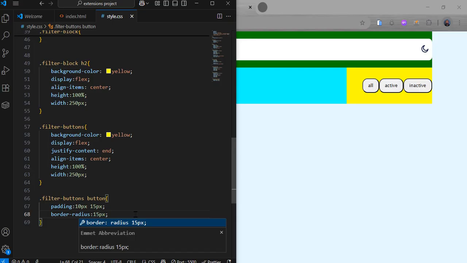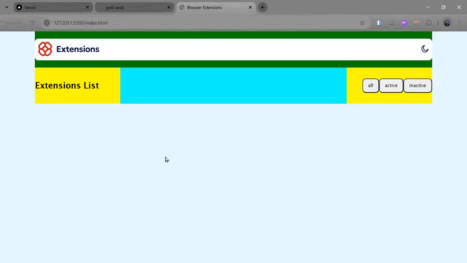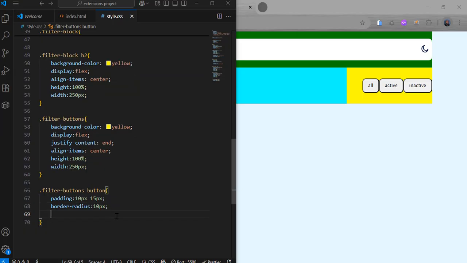It could be 15, it could be 20, right? If you are giving a border radius of 50%, it's going to form a round shape. So if you want to get a round shape, it's best to use 50%. But for this, we're going to go on with 10 pixels border radius. Now, if you notice, there is a border around our button, this black line, right? In our final project, we don't have a border, so we're going to take away those borders by specifying border to be 0 pixel,